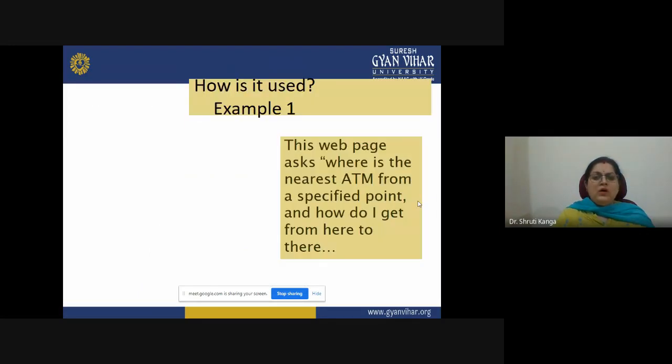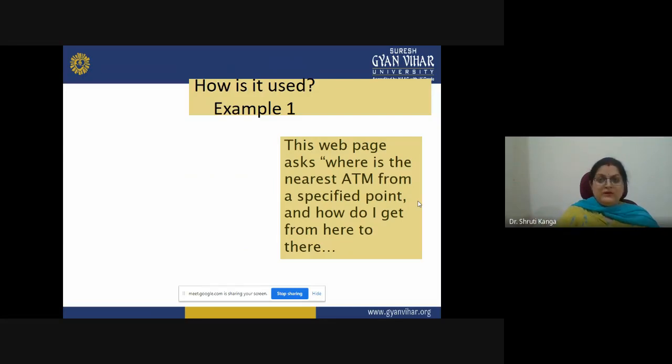Now how is it used? How do we use it? So first example: the web page asks where is the nearest ATM from a specific point and how do I get from here to there.